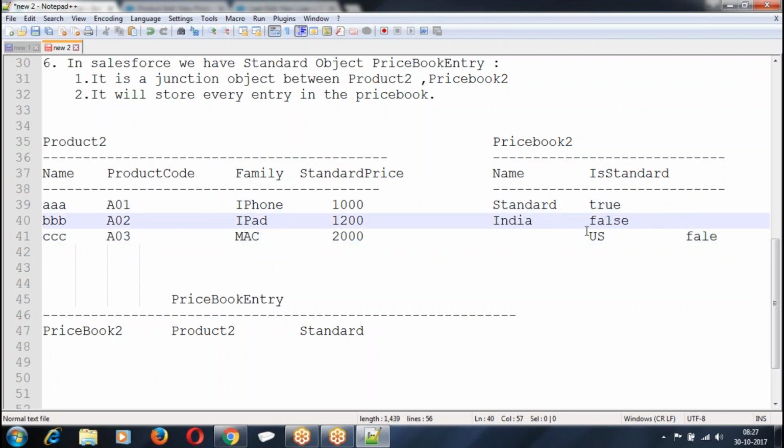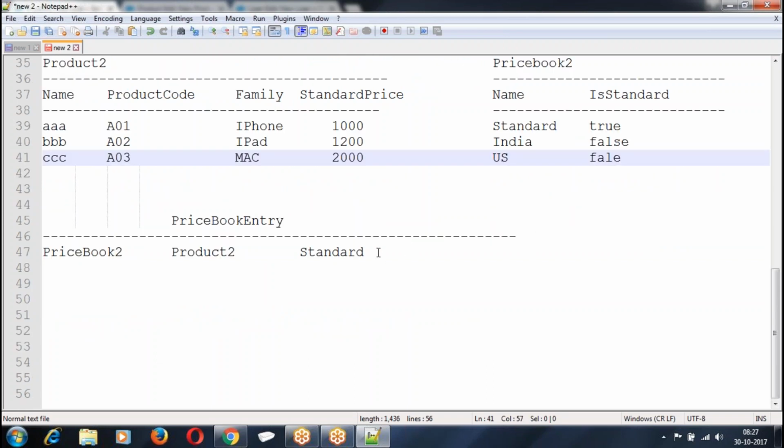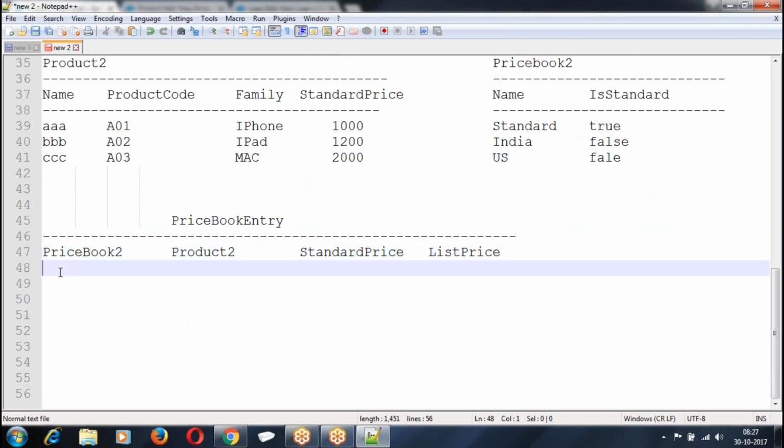Now the price book entry is going to change. Standard price, which is a junction object.